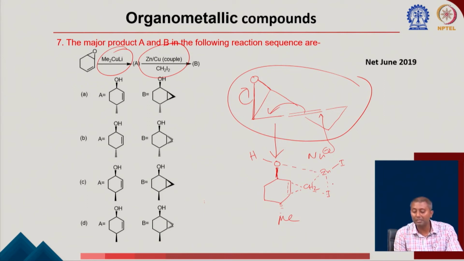Once it is forming a chelation with the zinc and the oxygen, the cyclopropanation is happening on the same phase as the oxygen. That is going to allow you to form the corresponding cyclopropane from the above phase, to get to this cyclopropane. That's why you will end up with this as the final product.